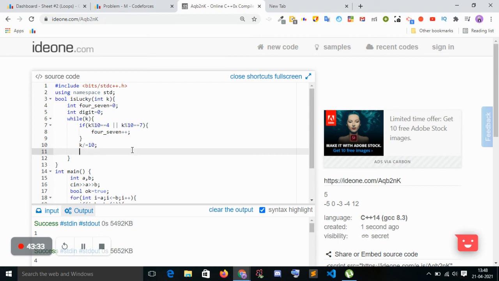And k divide by equal 10, then digit plus plus. So whatever the number is, like if k is 4, 4 modulus 10 equals 4, so 47 becomes 1, and digit will become 1. So digit is 1, 47 is 1. If 47 equals digit,